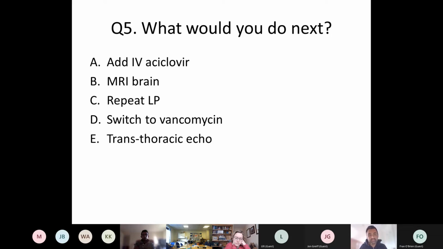I don't think there's any need to add in IV acyclovir just because she's got cold sores. We do often see people developing or reactivating HSV cold sores. It doesn't mean they've suddenly got invasive disease. She'd be very unlucky to develop invasive HSV encephalitis as well. I don't think a repeat lumbar puncture necessarily would add anything here. Again, we know that the sensitivity is correct for the strep pneumoniae, so switching over to another antibiotic wouldn't really be helpful.